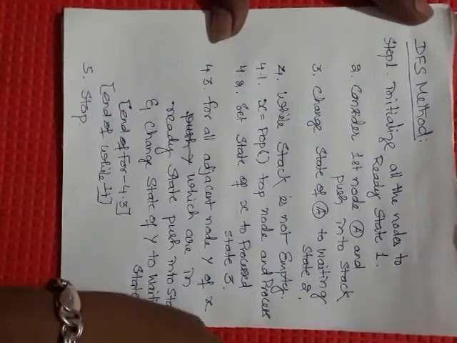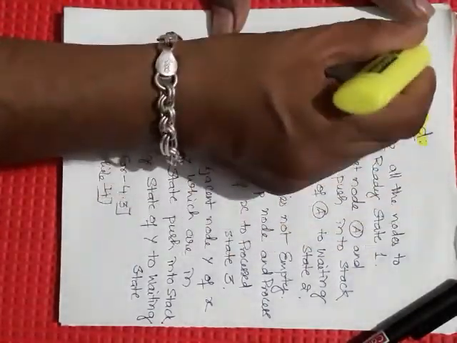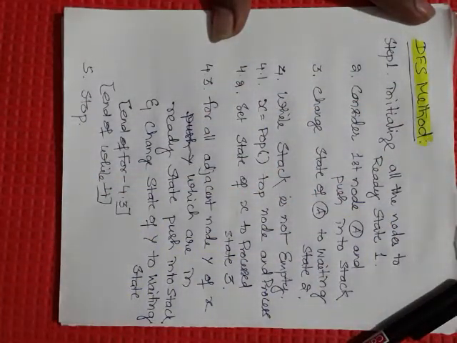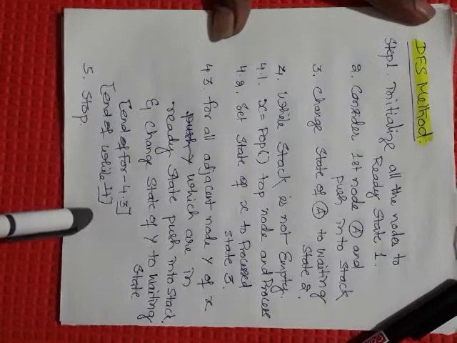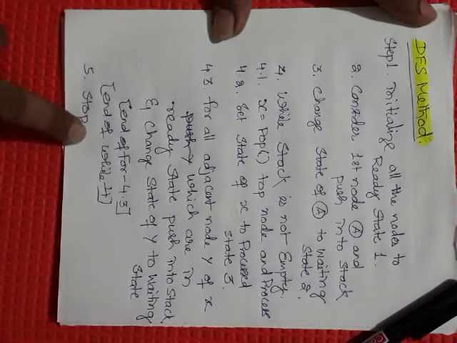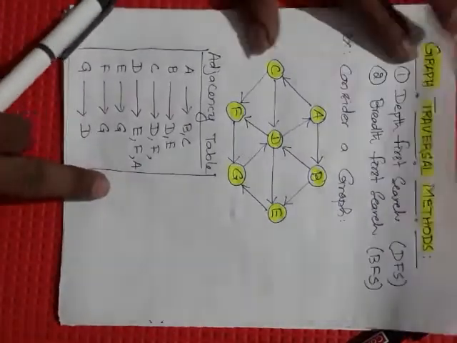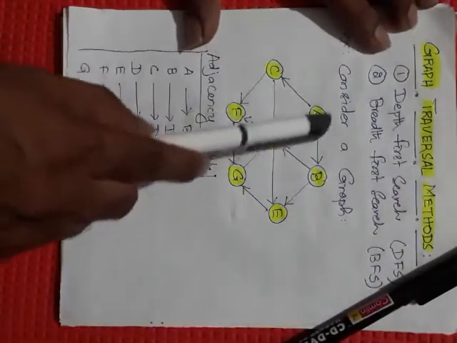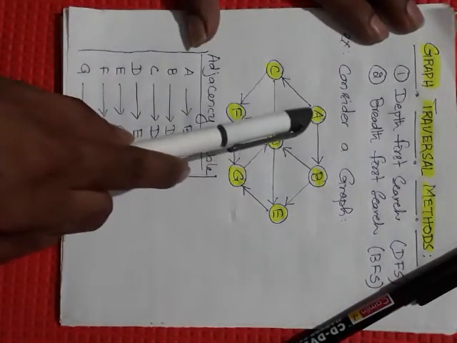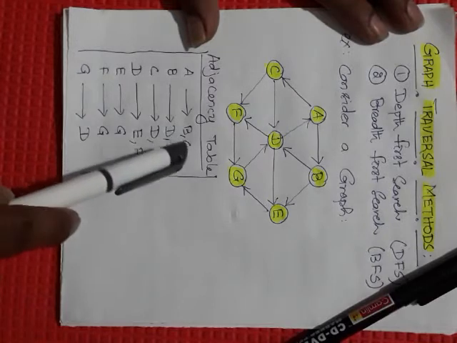Now let us discuss the DFS traversal method, the depth first search traversal method. In the depth first search traversal method, we are taking the help of a stack. Whatever traversal method we follow, first of all we have to maintain three states for the nodes of the graph. What are those three states? Ready state, waiting state and processed state. For each node of the graph, we need to identify whether it is in the ready state, meaning initial state, whether it is waiting in the stack, or after being taken out from the stack whether it is processed.